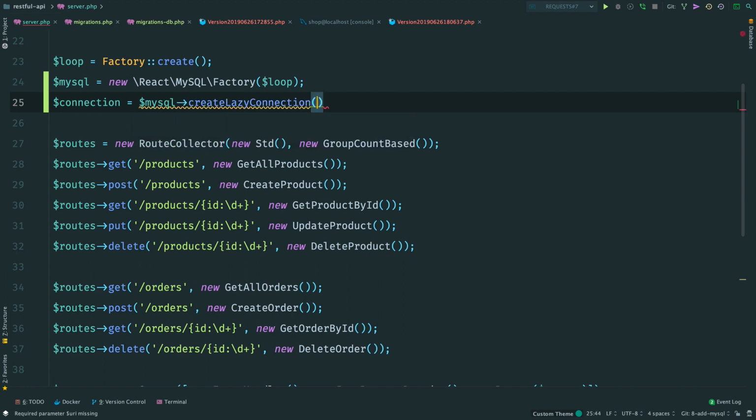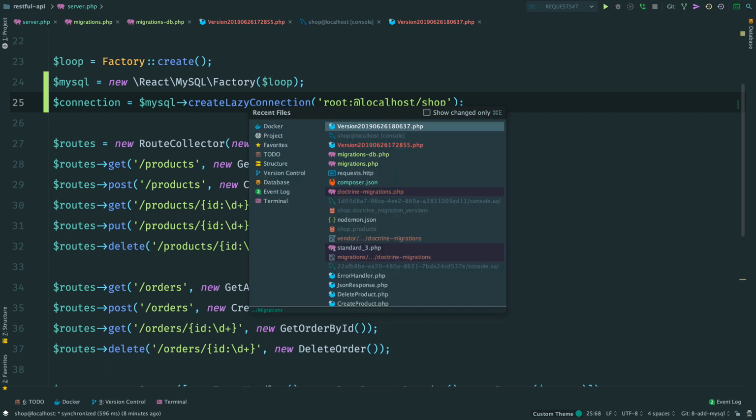Why a lazy connection? The idea behind it is that internally it lazily creates the underlying database connection only on demand, once the first request is invoked. All outstanding requests will be queued until the underlying connection is ready. Provide a connection string that contains username, password, host, and a database name, which in my case is root, no password, localhost, and shop.